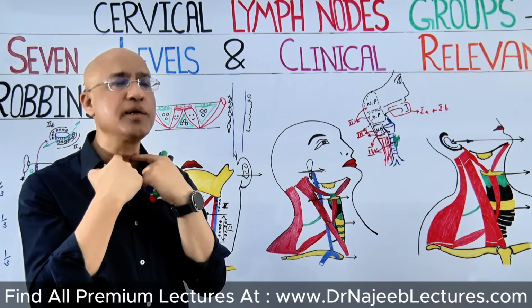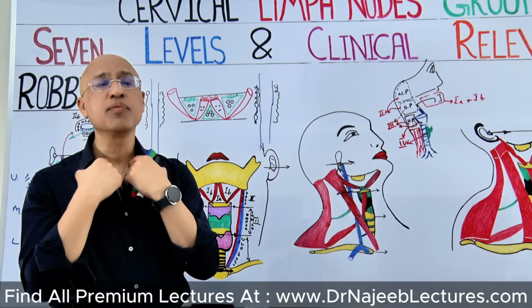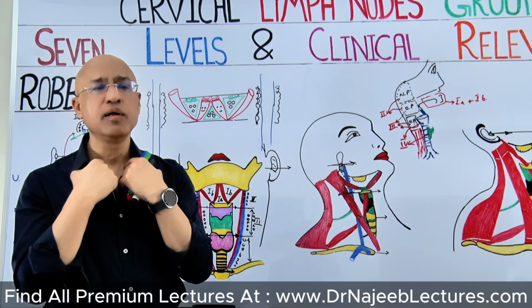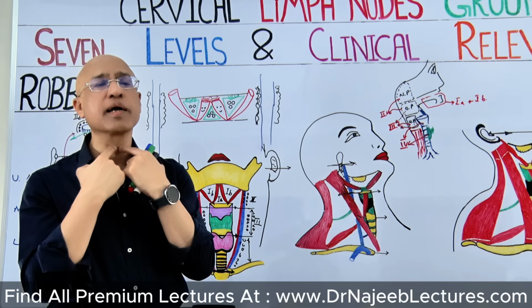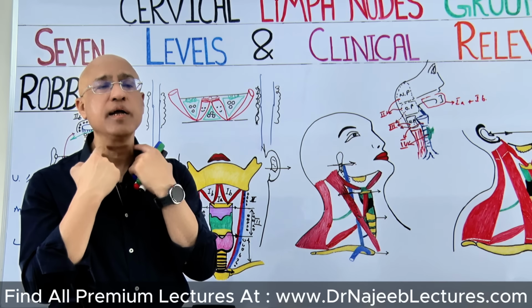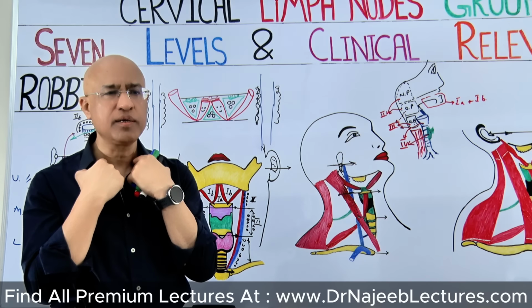Then we can go down the lowermost area along the internal jugular vein, which extends from lower border of cricoid cartilage to the clavicle. This is level 4, and this drains mainly cancers from the thyroid and from hypopharynx, right? Now,